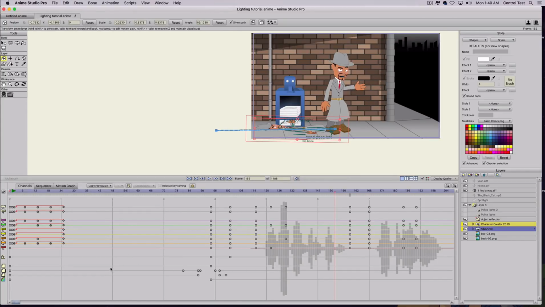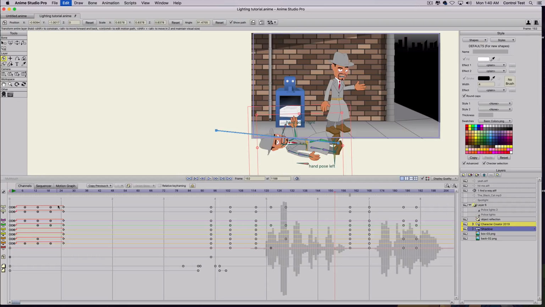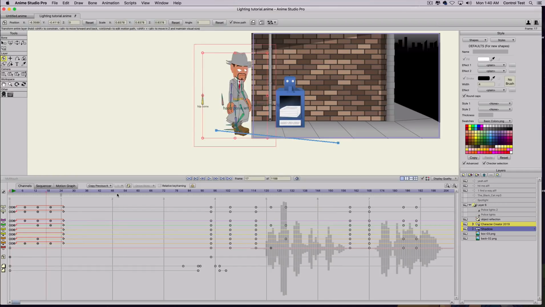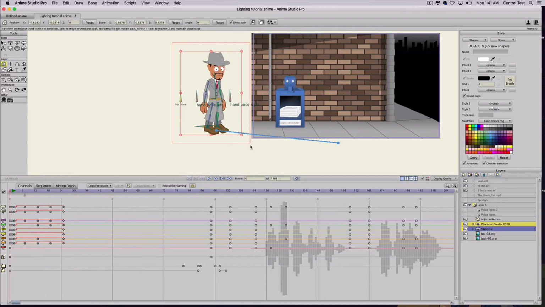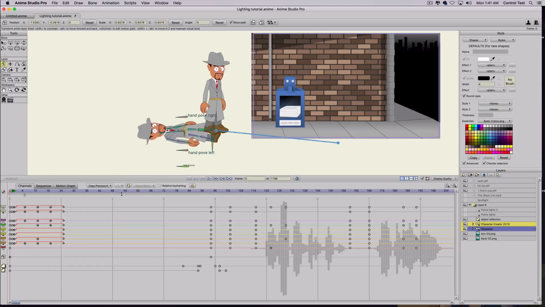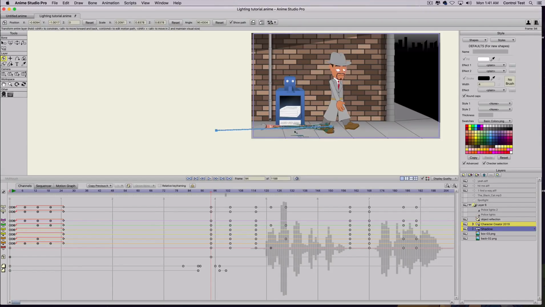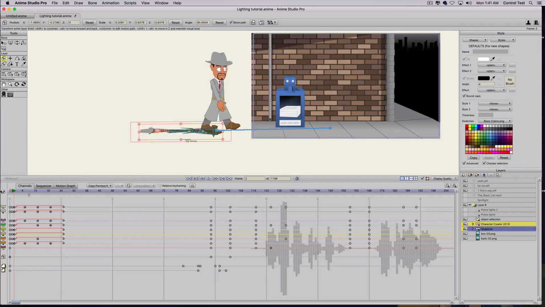Let me go back. And I should have been doing all of those things. I'm gonna do a Command Z and back up quite a bit, because I should have been doing this all on frame 0. So take the shadow, we'll go ahead and rotate him, flatten him out a lot, and go to these frames and just make sure that I'll put him next to the back foot. Like that. Go back to frame 0